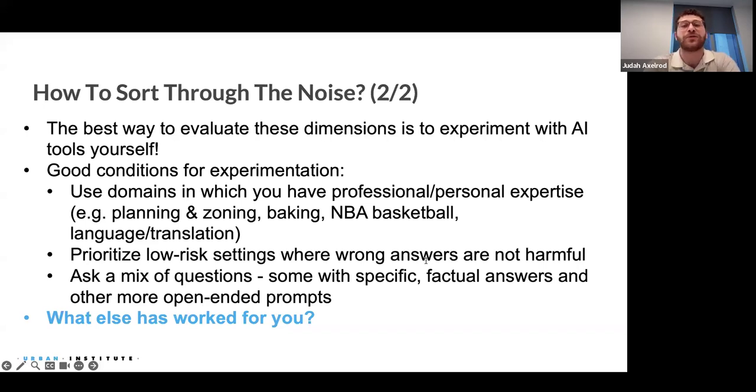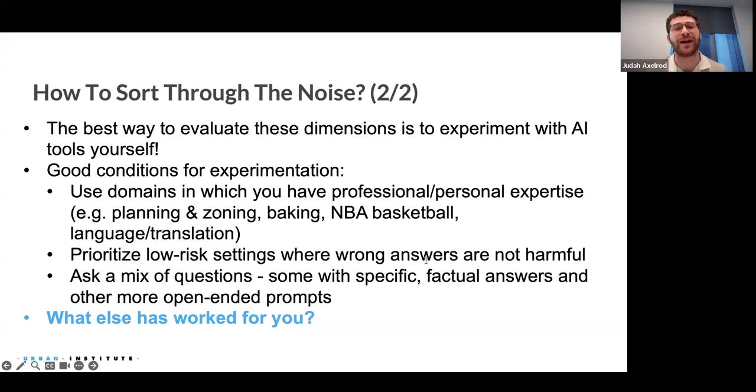So where you're able to really see, hey, I am an expert baker. Is AI giving me correct advice if I'm asking it questions about baking? Really prioritizing the low risk settings where if it's giving you answers that are wrong, it's not harmful. I would say there are very real questions to grapple with around if and how and when we should be embedding AI into systems that interact with people, but just at a purely individual level, my strong, this is editorialization,